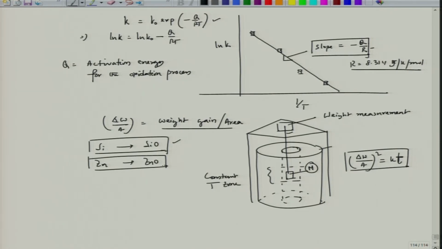Without knowing much of the mechanism, one can find out kinetics like this, but our interest is to see the mechanism part. In order to know the mechanism of oxidation, we need to know a bit about the structure of the oxide. Till now we have considered oxides to be stoichiometric, but it is not like that. Oxides are